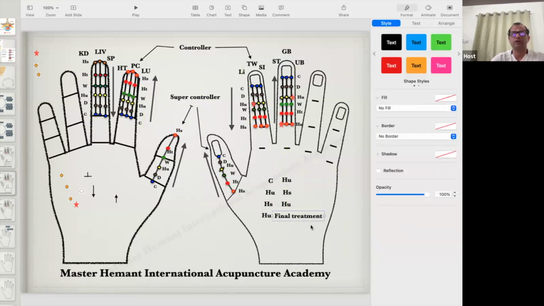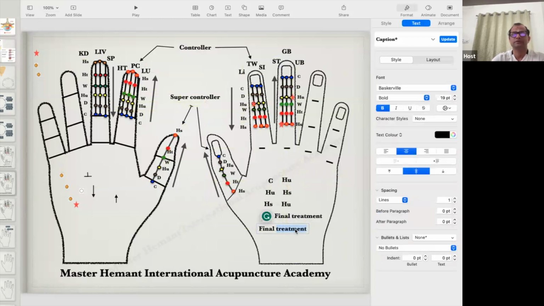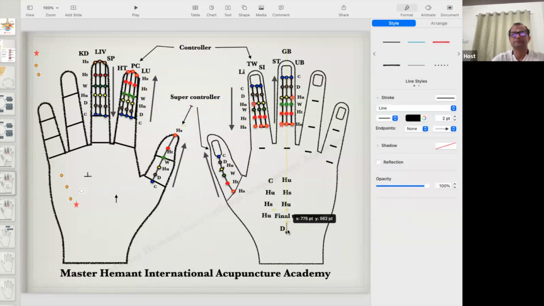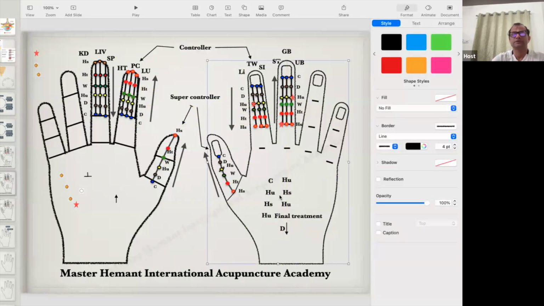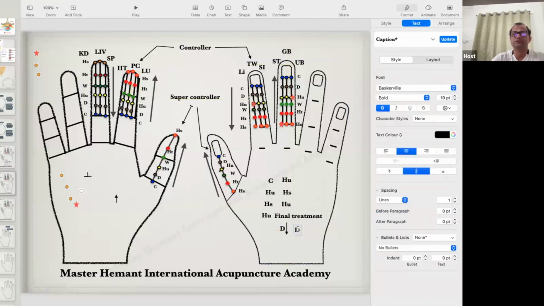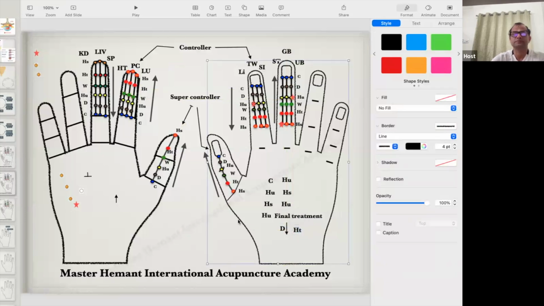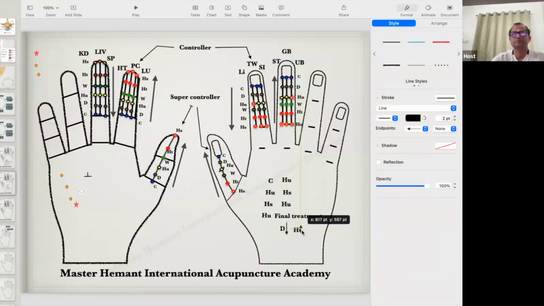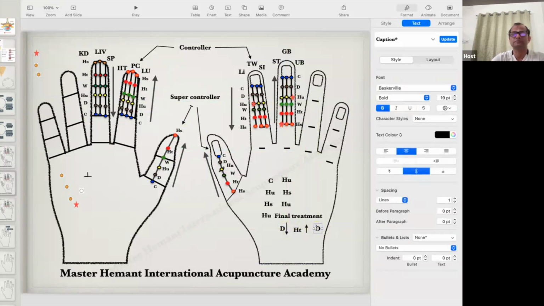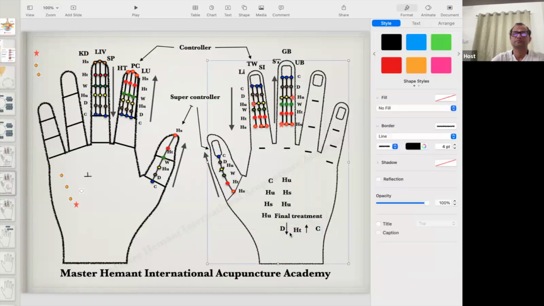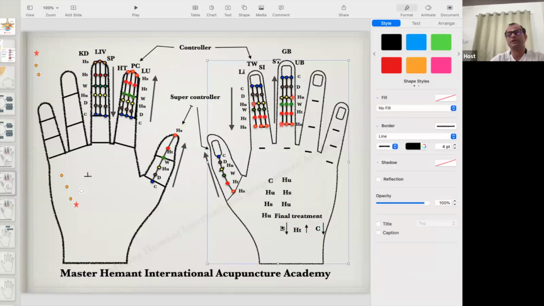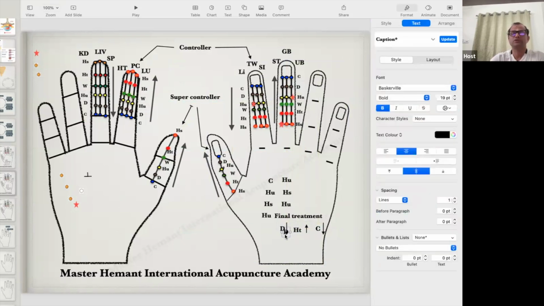What is the treatment? We already planned dryness sedation. Then heat tonification. Then coldness sedation. This is the final treatment. What is the main action? Main action is the dryness, which will become controller